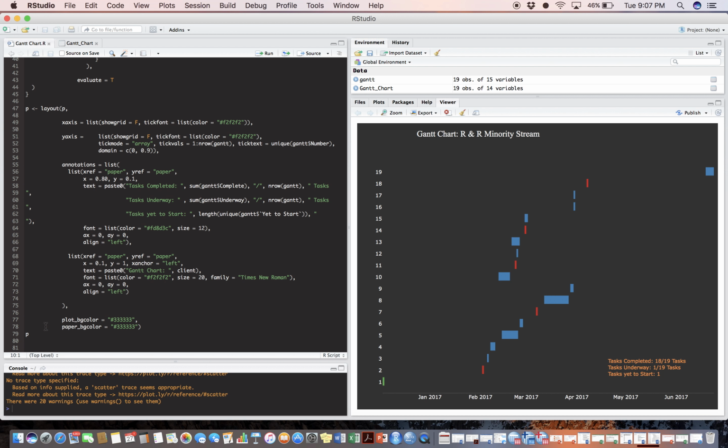And lastly, for the last bit of code, the plot BG color equals quote, number sign 33333, close quotes, comma. This value here indicates that we want to have the background. This BG refers to the background. This background color we want to indicate with the color black, and this is what this hex code here means. And then